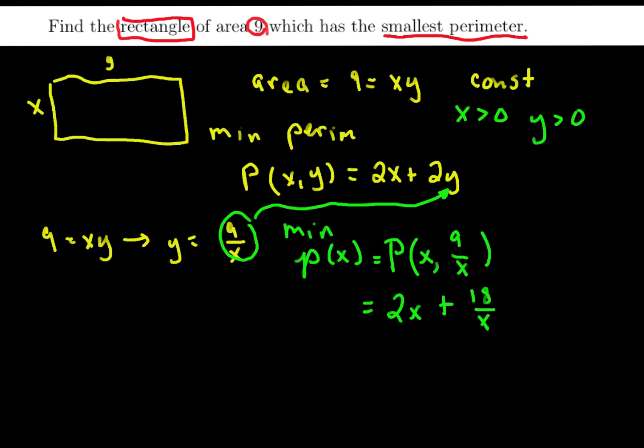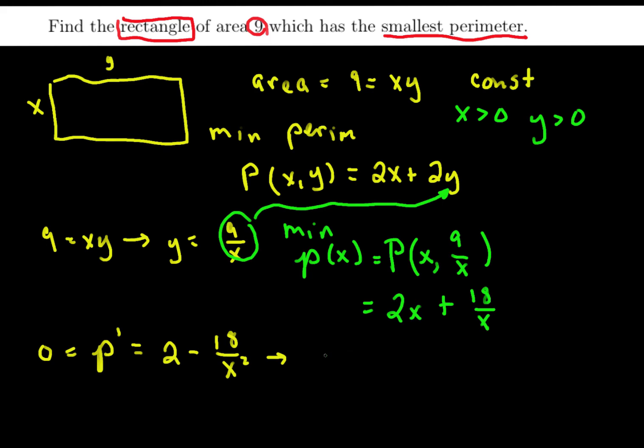So solving this problem, we need to know when 0 is equal to P prime, which is 2 minus 18 over x squared,